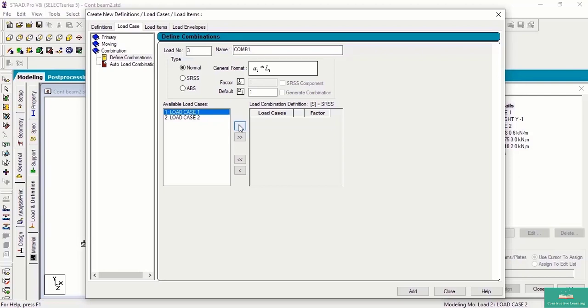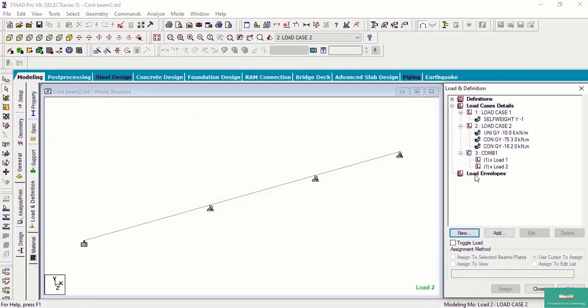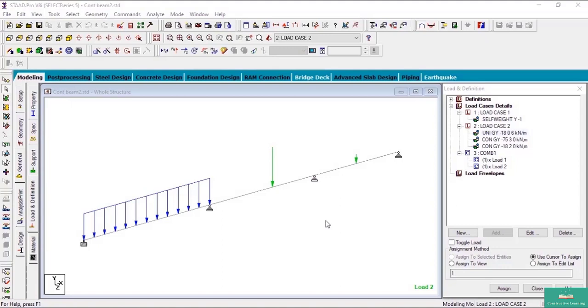Add the load cases along with appropriate load factors, either 1 or 1.5. Click on add, close. Here we can see the load combination is coming over here. This completes the basic procedure of modeling of continuous beam in STAAD.